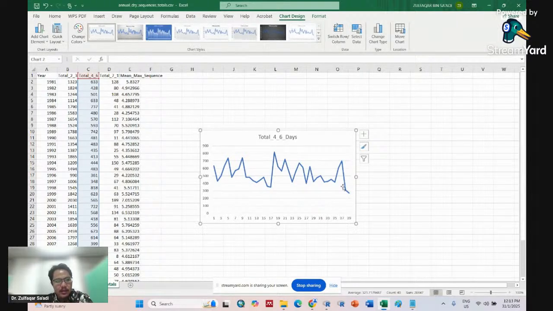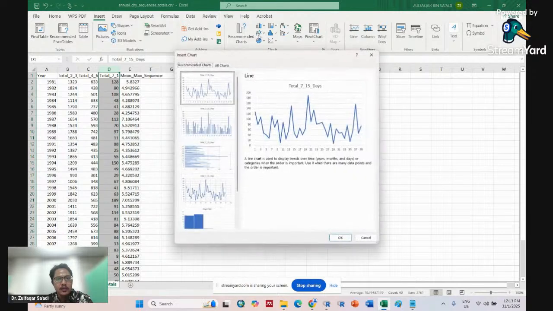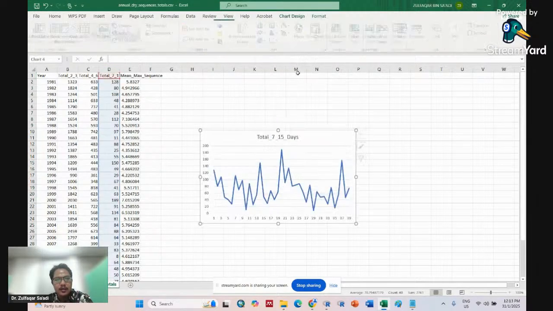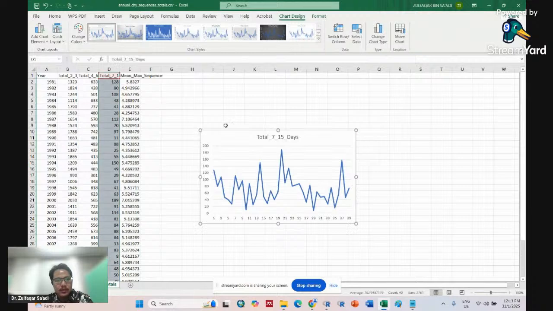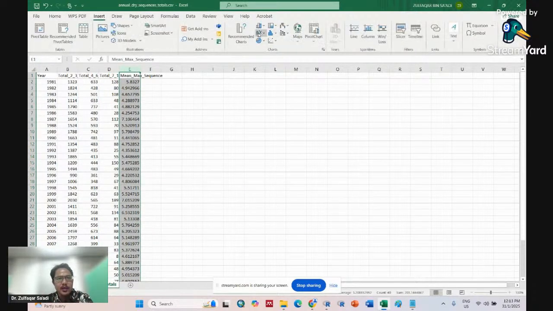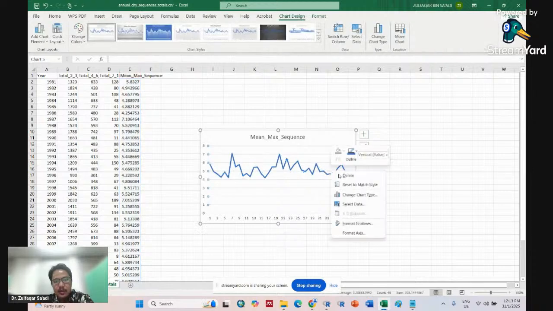This is decreasing, and then another category. Let's see. Yeah, another category. This is the pattern of it. I don't know if it's significantly increasing or decreasing, but we can see the pattern. I think Mexican seems to be increasing a little bit here, maybe, but we can look at